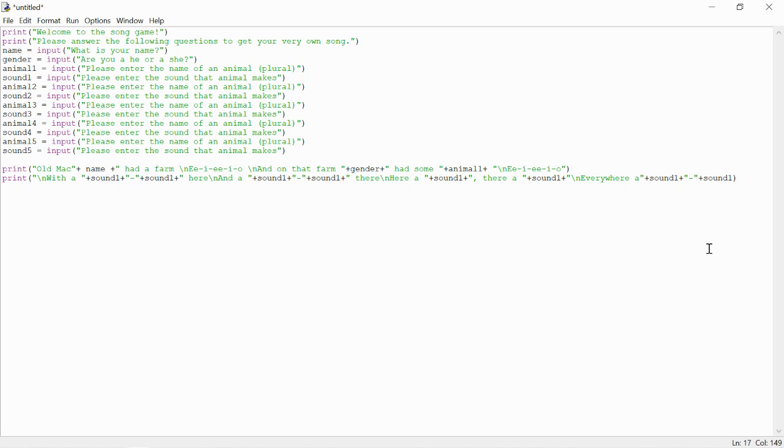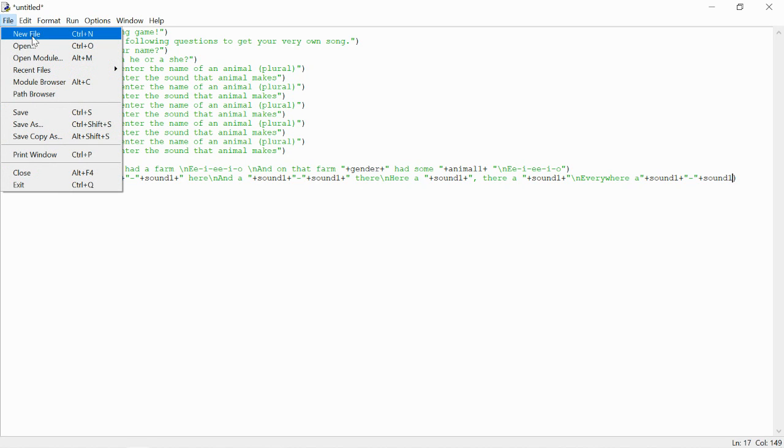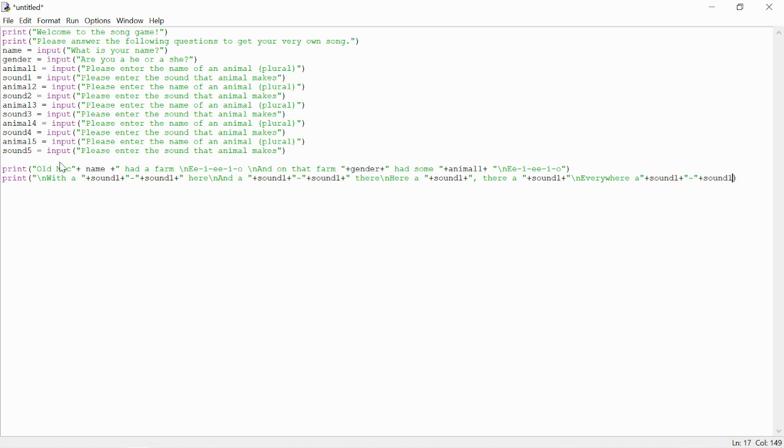the only top 4 that we actually need. So it's going to ask us for our name, our gender, our animal, and our sound. So let's try this out. But before we do that, we want to save our file. So I am going to save my file as